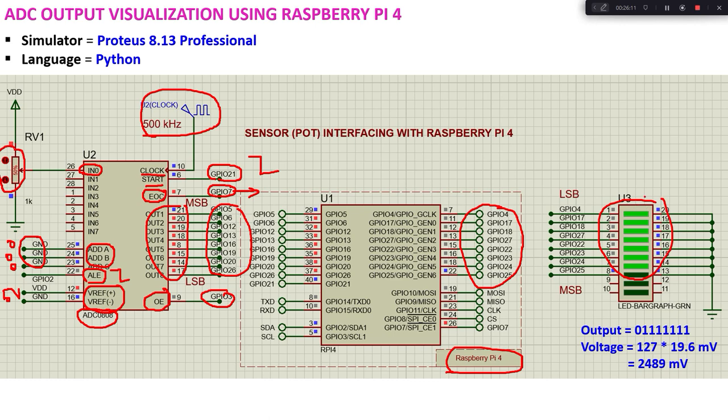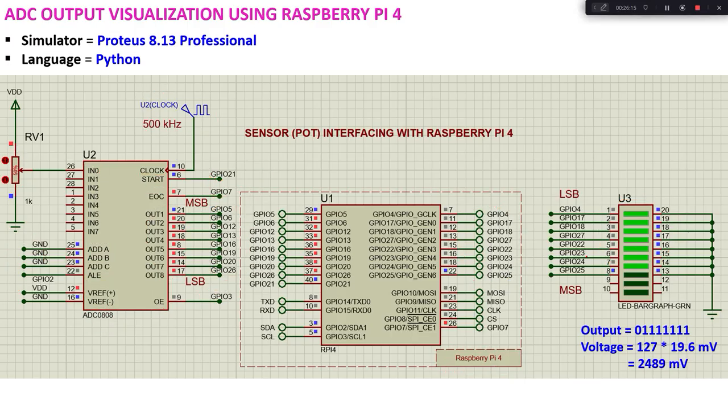And the converted result appears on the LED array. So here you can see I have 0, 1, 1, 1, 1, 1, 1, 1. So this is the binary bit pattern after the converted value. So when I want to know the voltage, we take this binary bit pattern, convert it into decimal, which is